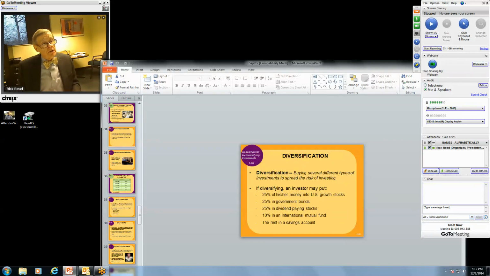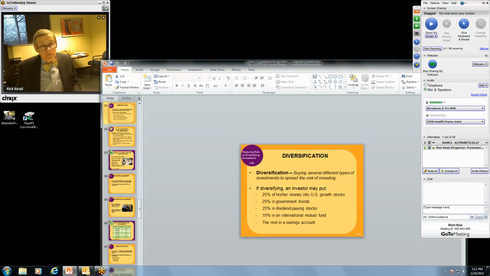I'm not going to speak to everything on this slide, but I am going to tell you that this is the key to any investment, and that's diversification. Do not put all your investments in one category. That's one of the dangers that a lot of employees make when they get into a company's 401k. Too often the 401k is heavily loaded with the company stock, and that's all well and good as long as the company stock is going to increase. But every stock is going to take a hit sooner or later. So you need to do whatever you can to diversify that.